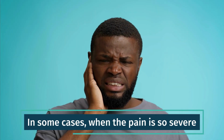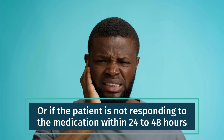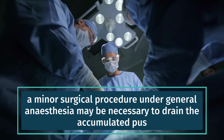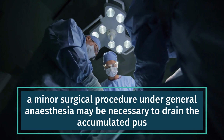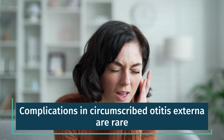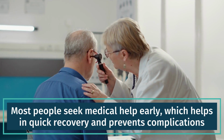In some cases, when the pain is so severe, or if the patient is not responding to the medication within 24 to 48 hours, a minor surgical procedure under general anesthesia may be necessary to drain the accumulated pus. Complications in circumscribed otitis externa are rare. Because the pain is quite sharp and hard to ignore, most people seek medical help early, which helps in quick